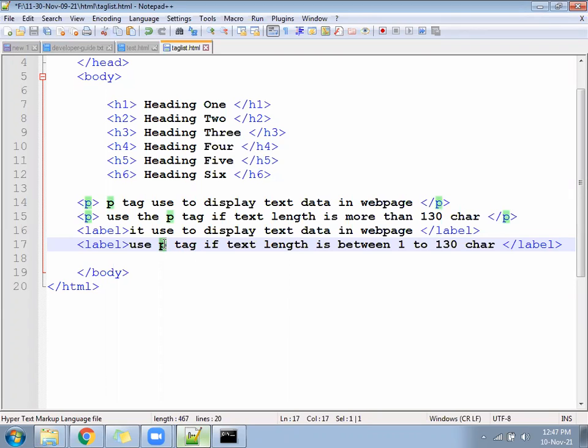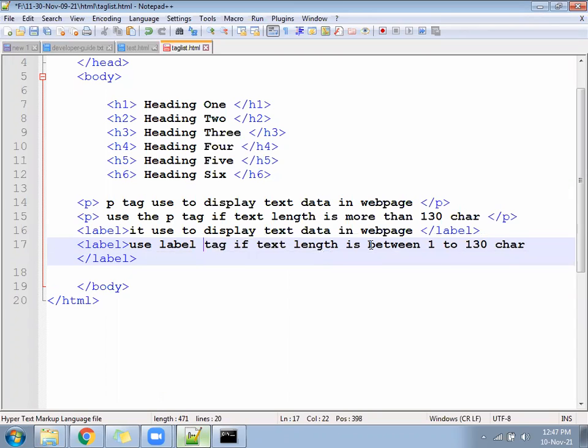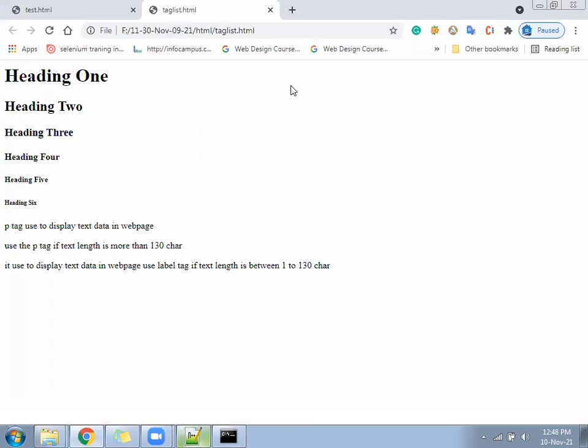L-A-B-E-L, label. Use the label tag if the text length is between 1 to 130 characters. We can run this file just like this and have a look. H1 to H6 will come, the paragraph will come on two lines, then both labels will come on a single line.